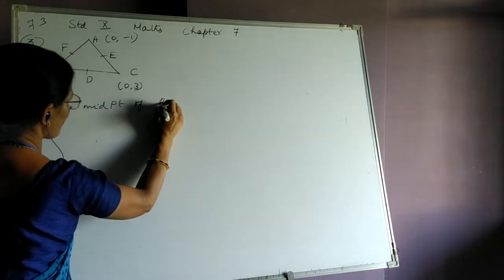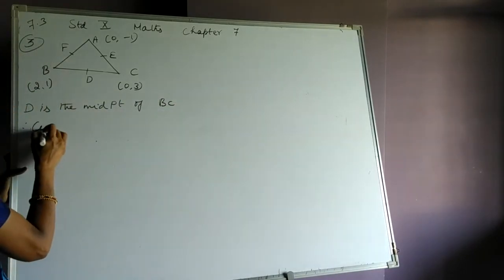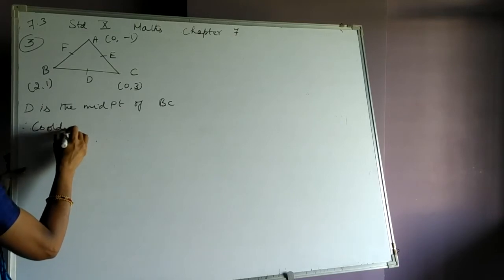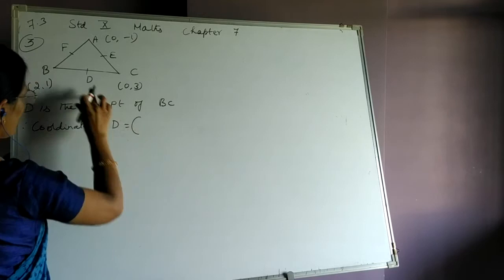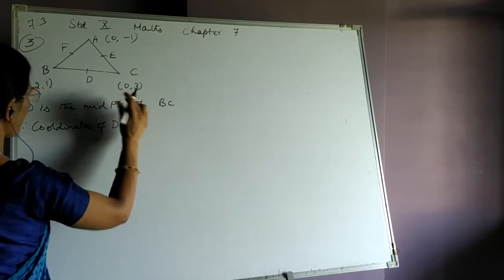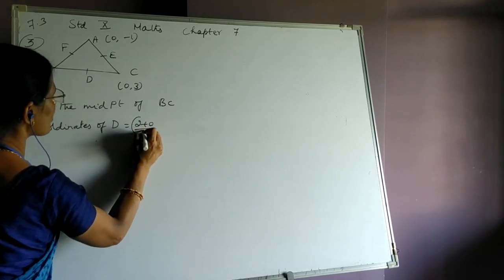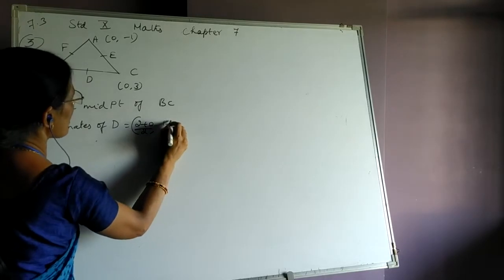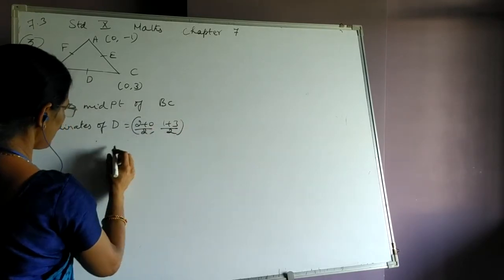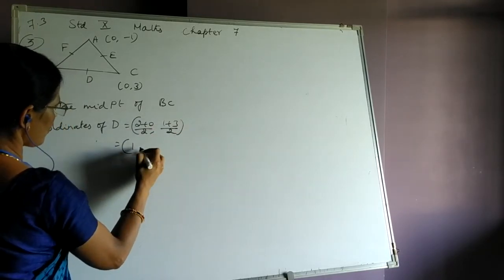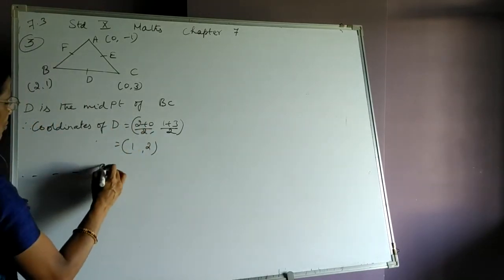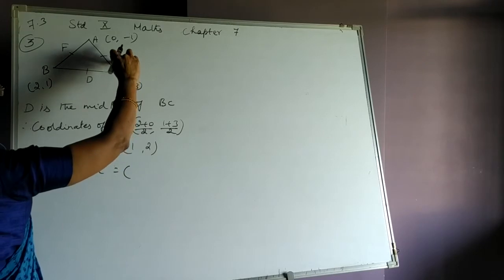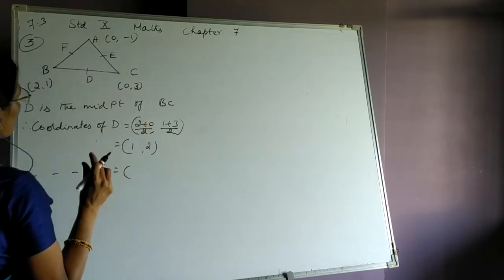Because ABC are given and these are the midpoints, we can find out coordinates of D using B and C. D is the midpoint of BC. Therefore, using the midpoint formula, we can find out D. Similarly, E can be found from A and C using the midpoint formula. F can be calculated from A and B. And then we are going to calculate the area of this triangle and the area of this triangle. Hence, we can find out the ratio of these two triangles.